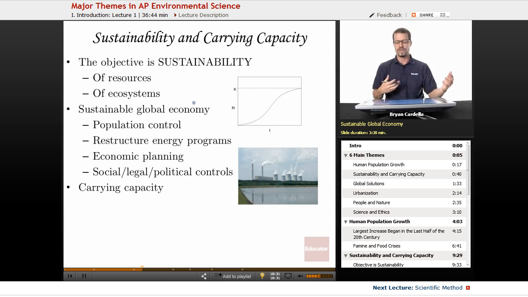And ecosystems, we sometimes refer to those as the various biomes. So as I was suggesting, regardless of where you live, it's important to sustain our environment. We don't want to permanently damage the ecosystem that we're a part of because we're just greedily taking from the environment and not thinking about, is this a responsible way to sustain what's around us? So the goal, a sustainable global economy, is what we want to try to work on. Cooperate with other nations, make it a profitable sustainability if we can.